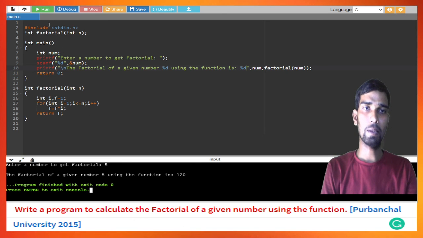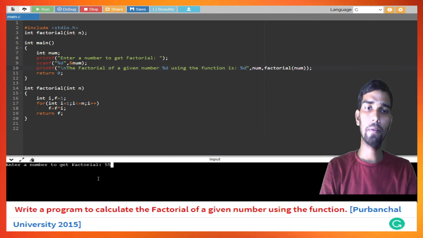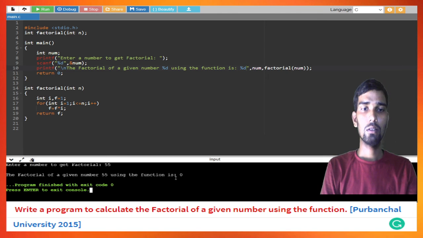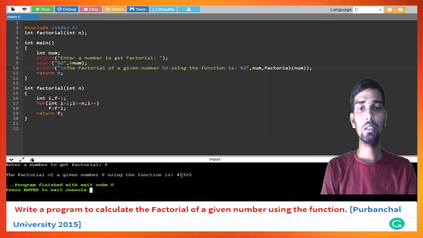So it is 120. Let me calculate factorial of 55. So this is 0 because the size is too large, the data size is not accommodating the space. Okay, give me 8. So it is 40320.